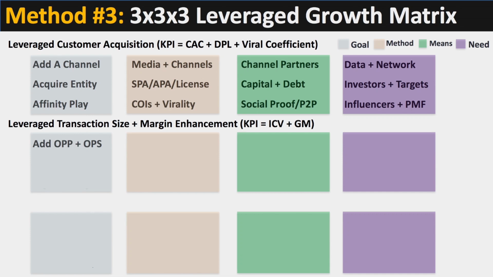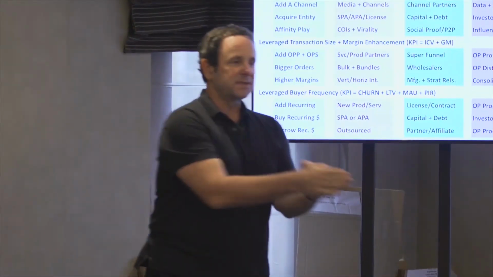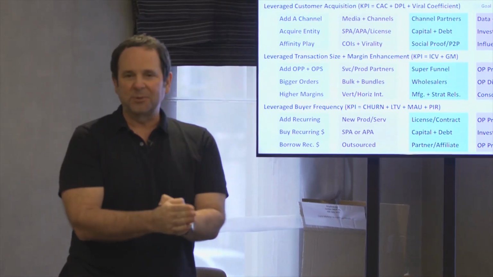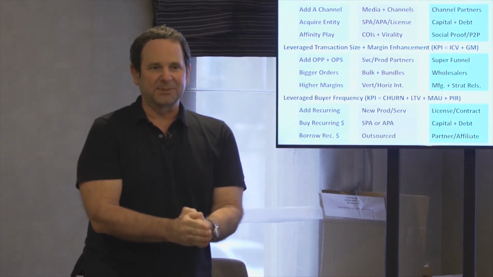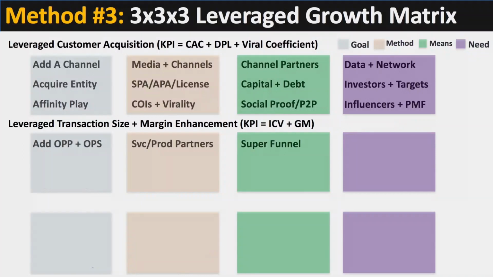You can bolt those on to the sales that you're already making. You could do that through service and product partners, so you just have to identify. And the means for doing this is something we call the Superfunnel. So the Superfunnel means that as someone's progressing through your marketing funnel, you stop at some point offering your services. At some point, you've offered everything that you possibly can. You've got nothing else. Just find additional products and services that other people have and put them in your funnel, but make them an integrated part.